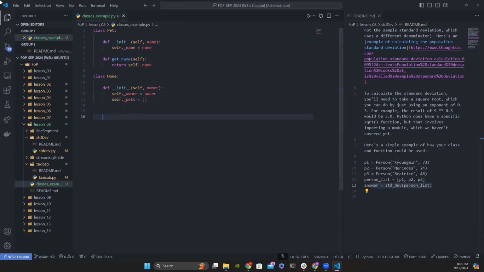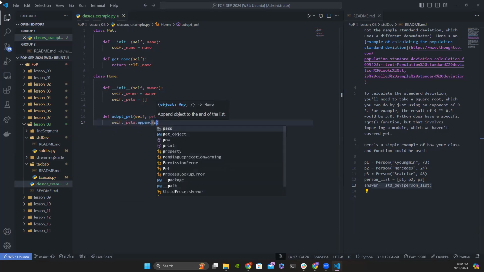And then we're gonna create some different methods. One's gonna be adopt a pet, right? This is going to take a pet object, right? Notice it's taking an object as an argument, right? So this class has a method that's taking an object, just like we've been giving it variables, whether it was a string or a list of objects, we can pass an object directly. And then this method itself is going to append that pet object within our pets data member,